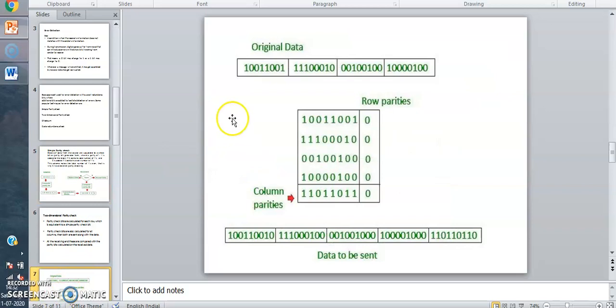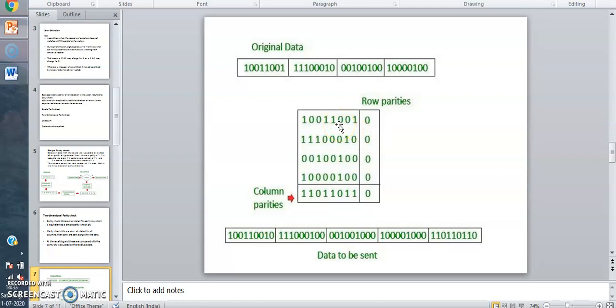If you see, this is the original data. Here we have 4 frames. First frame contains 1001100, next 1110010. First we are going to write the frame. In the first frame we have 1 1 1 1, meaning 4 ones.